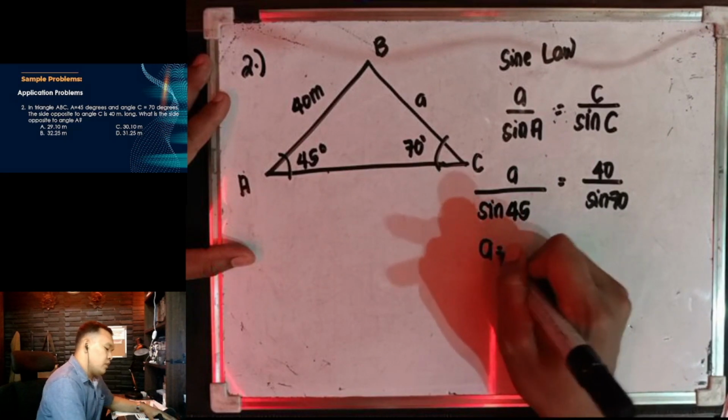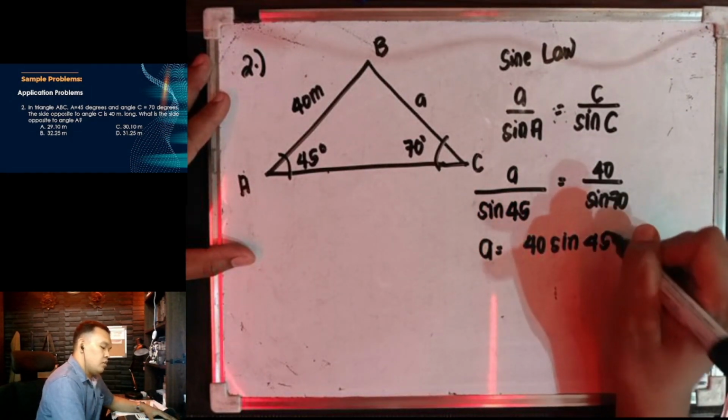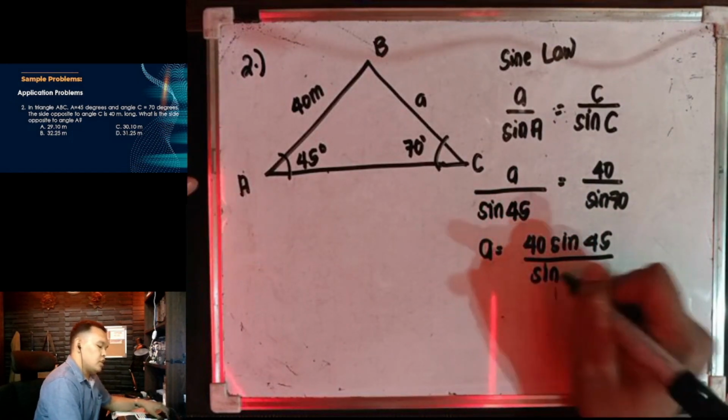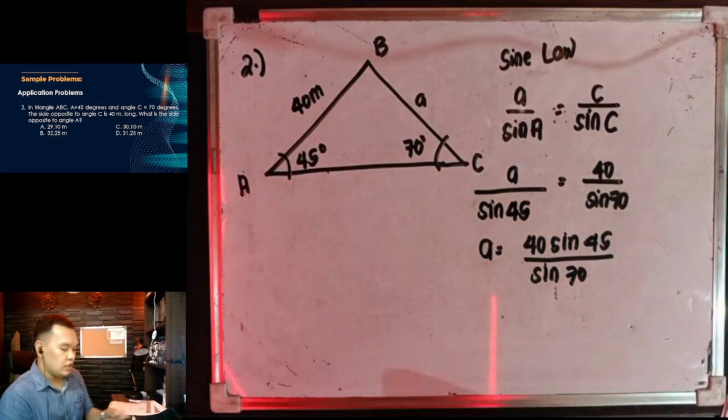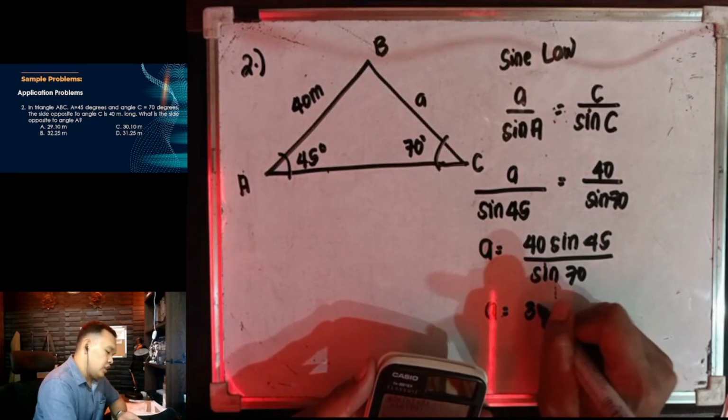Then, a is equivalent kay 40 sine 45 all over sine 70. So, lagyan nyo lang sa calculator. 40 sine 45 all over sine 70. So, a is equivalent kay 30.10